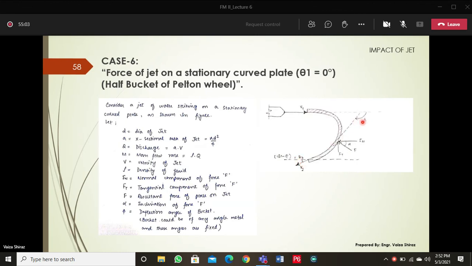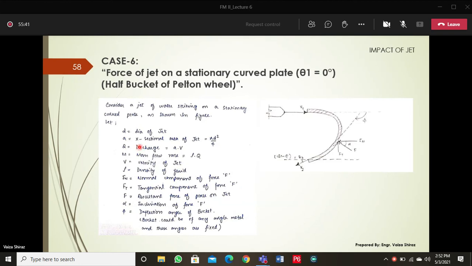Now look at phi. This phi you are measuring here. It is the angle of V2 with this horizontal axis. Please follow the direction of your phi is from this horizontal axis to this. And the total is 180. From this 180 minus phi you will get this theta. So in the design data, if the angle at the outlet tip, θ2, is not given, you can find it directly from the deflection angle. It will be 180 minus phi.